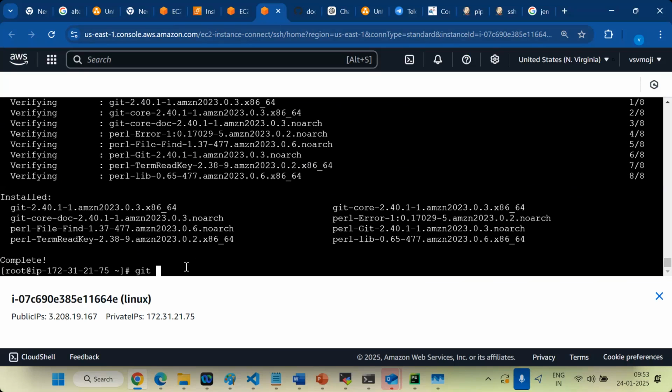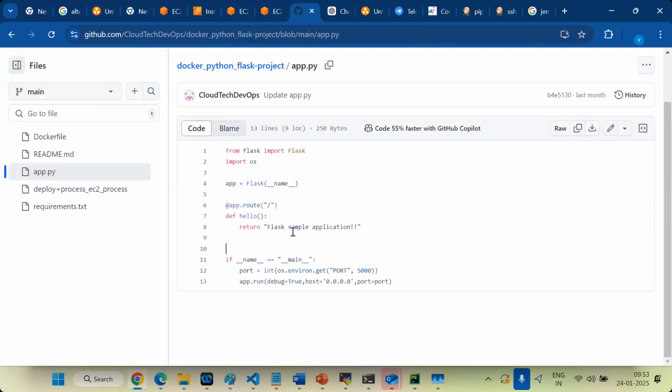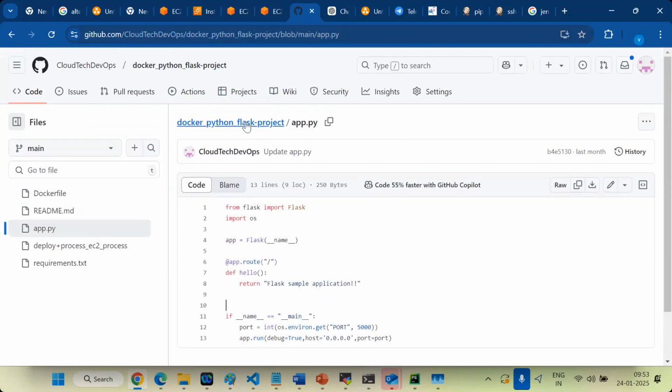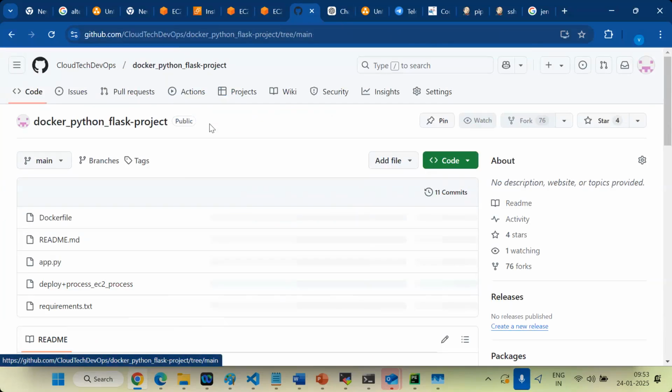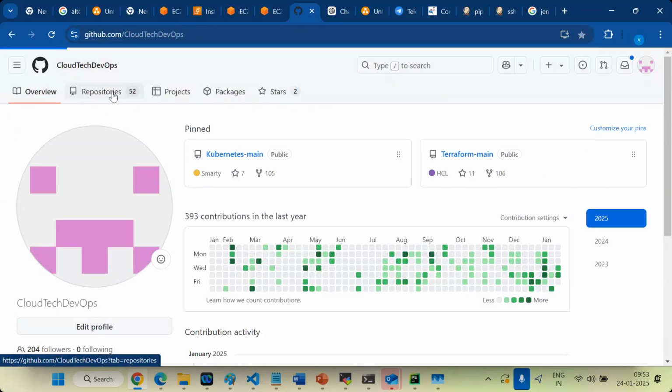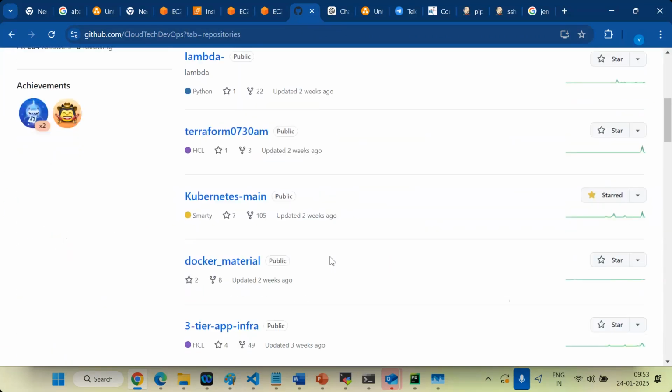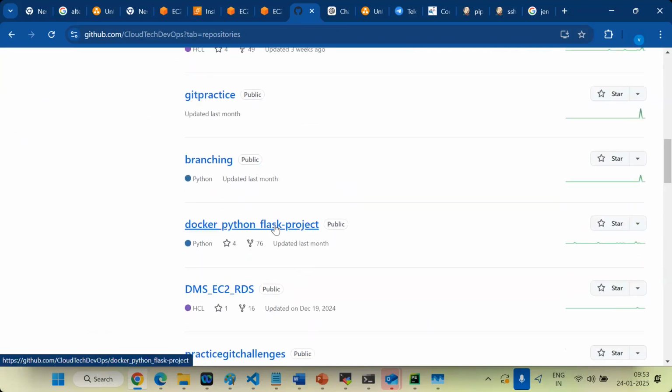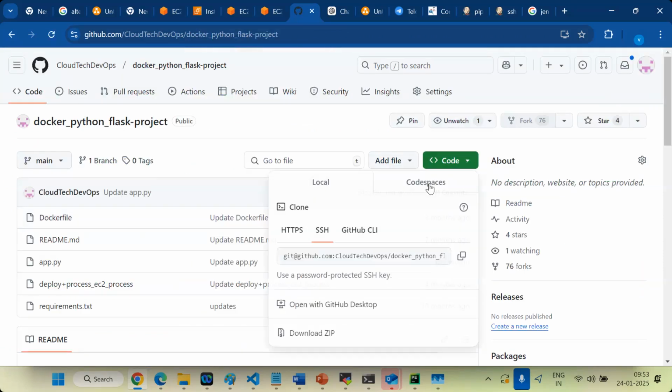Guys, if you want to take code from a GitHub repository, use git clone. Go to the repository, so click on the project repository. Okay, simply you can come. This is my repository. Click on this here, or I'm going to share it with you. You just simply run the git clone command.